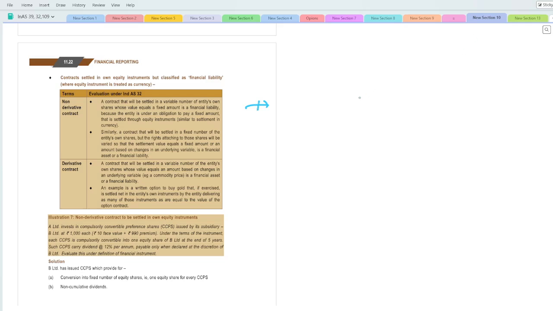सो जो कैश वाला जो लेग है वो आपका फिक्स्ड है, और यहाँ पे आपका वेरिएबल नंबर ऑफ शेयर्स है, तो इसलिए ये आपका इक्विटी इंस्ट्रूमेंट नहीं होगा, ये आपका फाइनेंशियल लायबिलिटी रहेगा. ठीक है, दिस इज फॉर द नॉन डेरिवेटिव इंस्ट्रूमेंट इट इज टॉकिंग अबाउट. ठीक है, क्योंकि वेरिएबल कैसे होगा कि एट द टाइम ऑफ द मैच्योरिटी जो ये फिक्स कैश है उसके इक्विवेलेंट जो आपके वेरिएबल नंबर ऑफ शेयर्स बनेंगे.